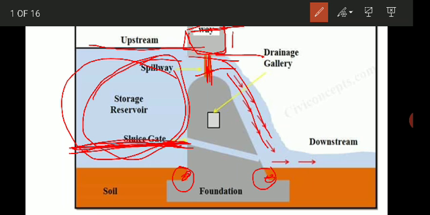Then there are sluice gates also. So the sluice gate, this is the sluice gate. Okay, that is a part of dam. Okay, sluice gate, it is a gate